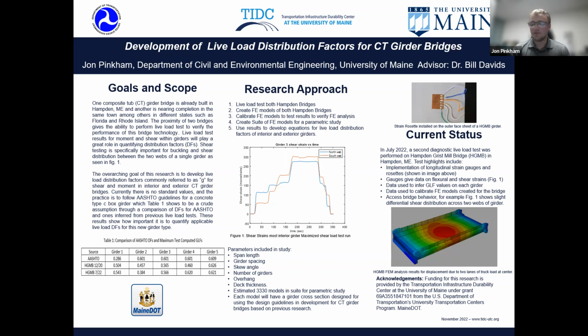Table 1 compares the distribution factors inferred from the load case of 2 lanes of trucks during testing and those calculated using AASHTO equations. As can be seen, the AASHTO equations do not match well with the inferred distribution factors from the test. A maximum difference of 90% is visible in girder 1, which is the exterior girder under the sidewalk. And then the interior girder's maximum distribution factor has an increase of 3% from that of AASHTO. This shows how important it is to perform the research to quantify distribution factors that are applicable to the composite